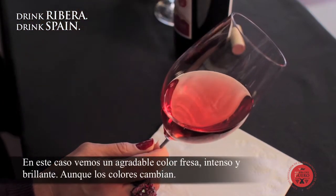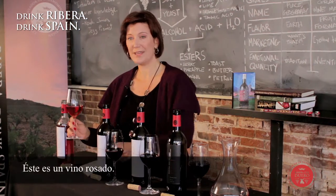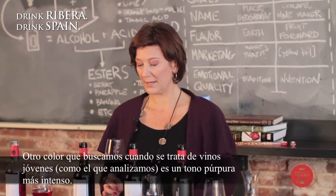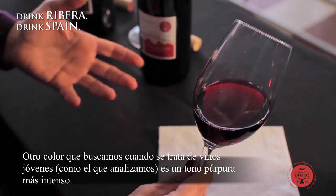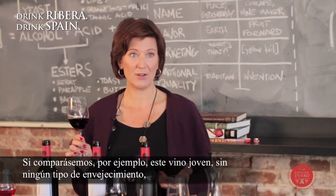This is really nice, bright, intense strawberry color. The colors will change. So this is a rosé, or they call it rosado in Spain. Another color you're looking for when it comes to being a younger wine, right here you look through this, it's more intense purple, right? If we were to compare, for example, this young wine, there's no aging on it whatsoever,